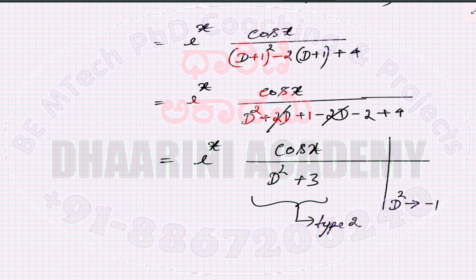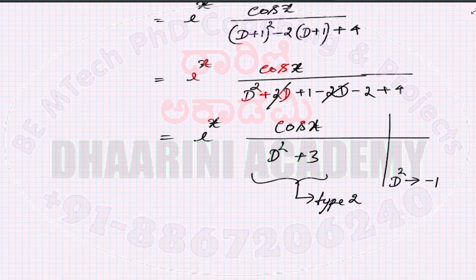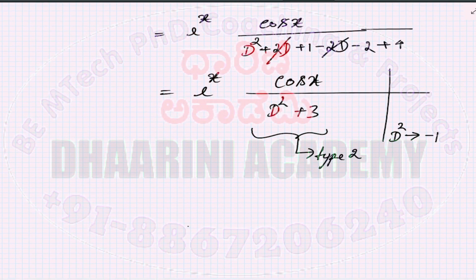Replace d square by minus of a square. In this case a is 1, so a square is 1, minus of a square is minus 1. Alright, so we obtained that. So this means this is equal to, we write e to the x, this is cos x divided by minus 1, d square by minus 1 plus 3. Alright, in this case we got the answer